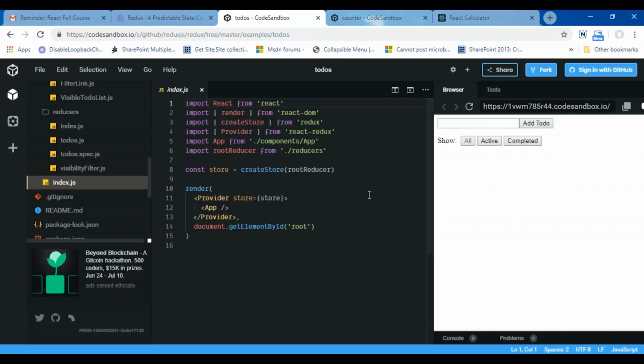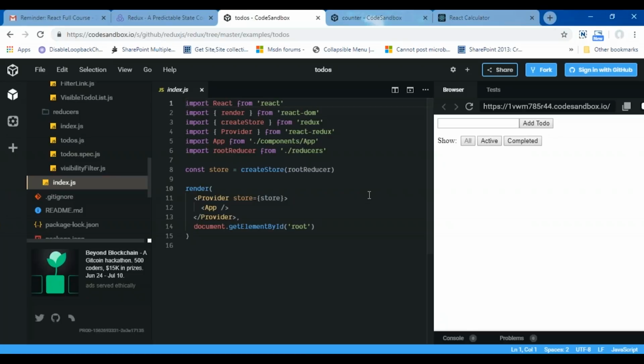We know that the React bindings for Redux separate the presentational components from the container components. It is very important to understand what the presentational components are and what the container components are when we work with React bindings for Redux.